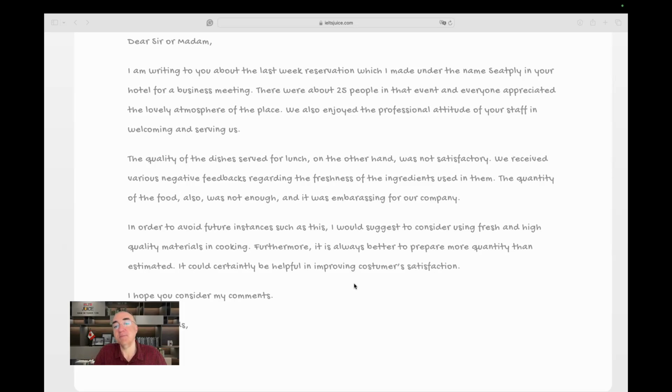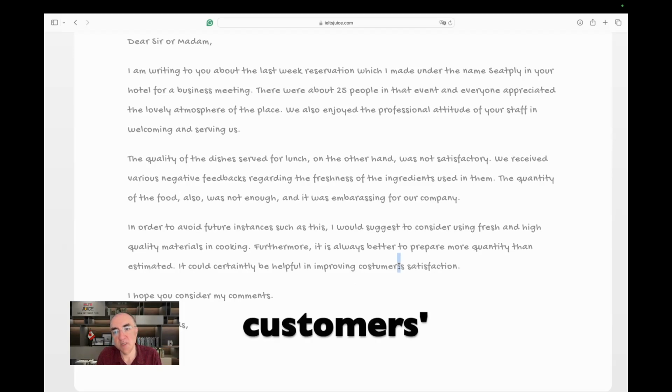I needed a bit of clarification here, but if this is the case that I now understood, then yeah, oh, you have every right to be super angry. Than estimated. It would certainly be helpful in improving customer satisfaction. You don't have to say customer satisfaction. Customer satisfaction is one thing if you want to talk about that concept. But if you really want to talk about the individuals, then you should say customers, apostrophe comes after S, and then you can say satisfaction.